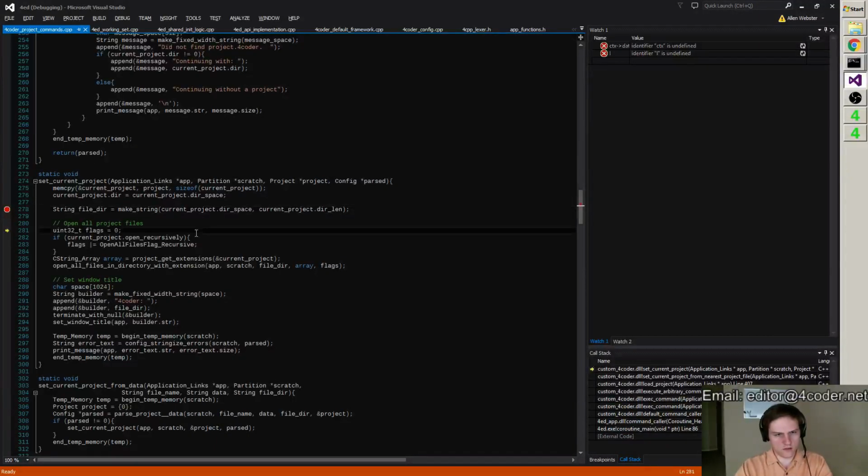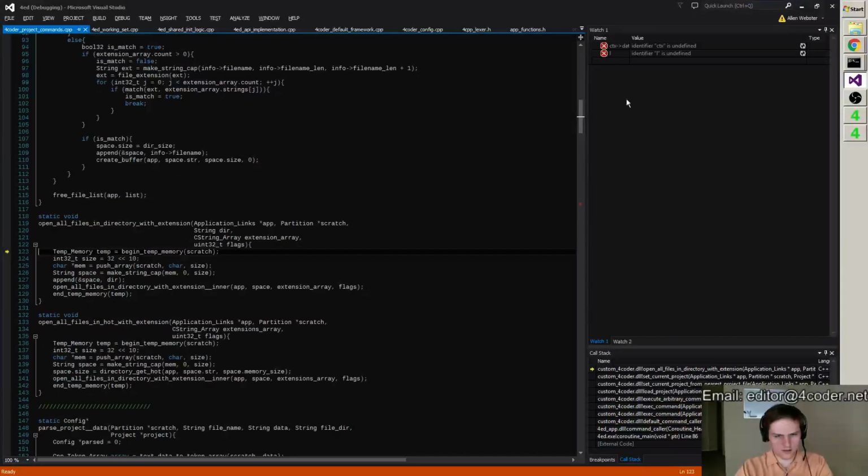So, we're now going to open all files in directory with extension. Now let me take a look at that extension array first.